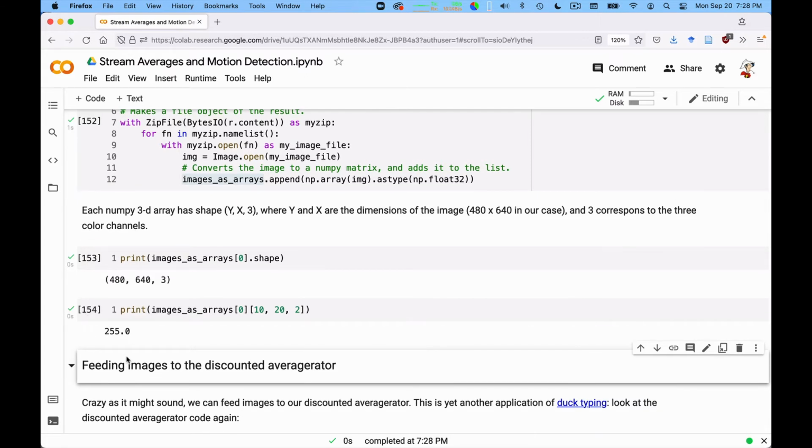So now we have the sequence of images, and the crazy thing, a marvelous thing, depending on your point of view, is that we can actually feed these images to our discounted averagerator. This seems crazy because we have written our averagerator as if it was to deal only with numbers. And now instead of numbers, we are sending it whole matrices at a time. But the fact is, this works.